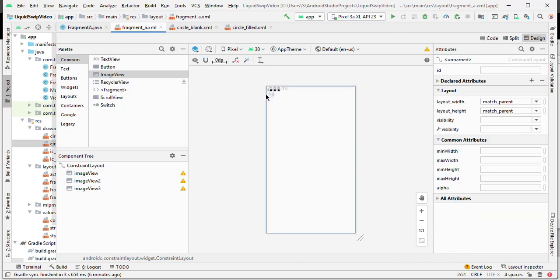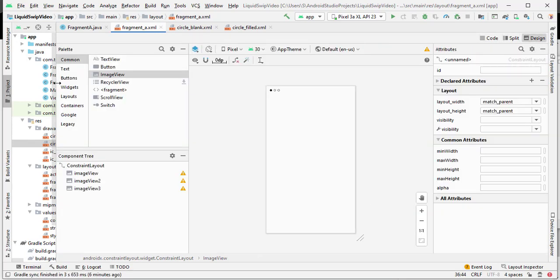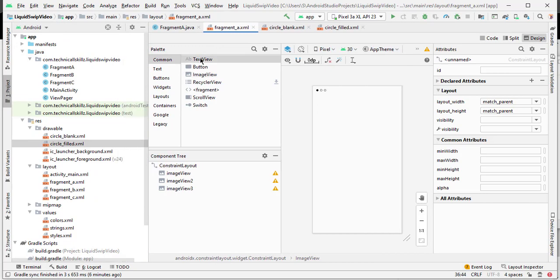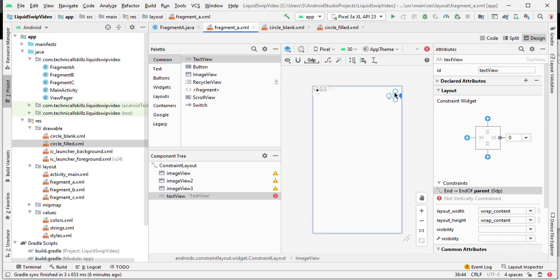Okay, now we will change over image. So here we will change our drawable. So I will change it circle into blank, and this one also circle into blank. Okay, now here you can see. Okay, now we will add our image view, sorry, text view. So here I will drop text view, add the constraint left, sorry, right and top, add a margin from top and left. It's 16 dp, 16 dp.